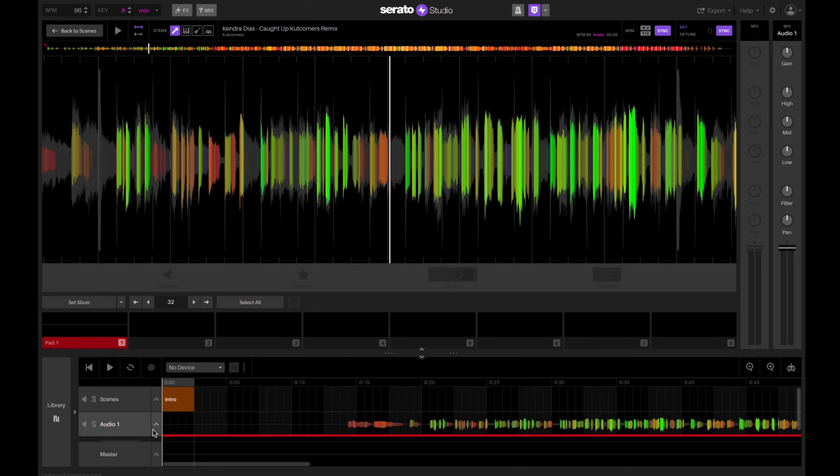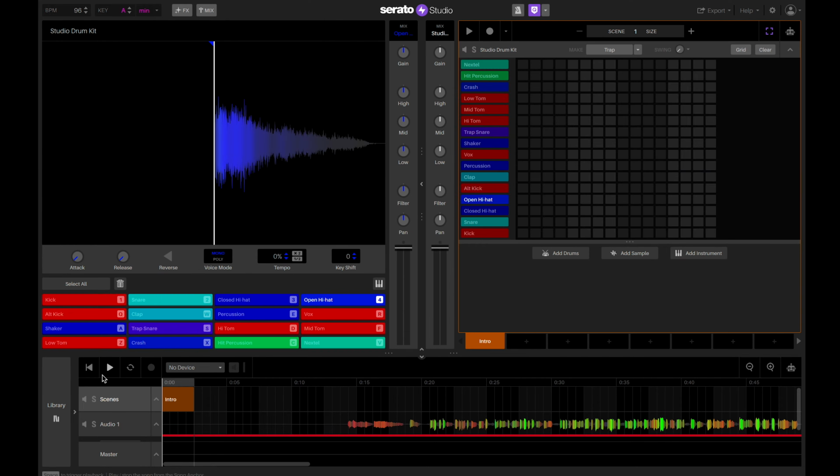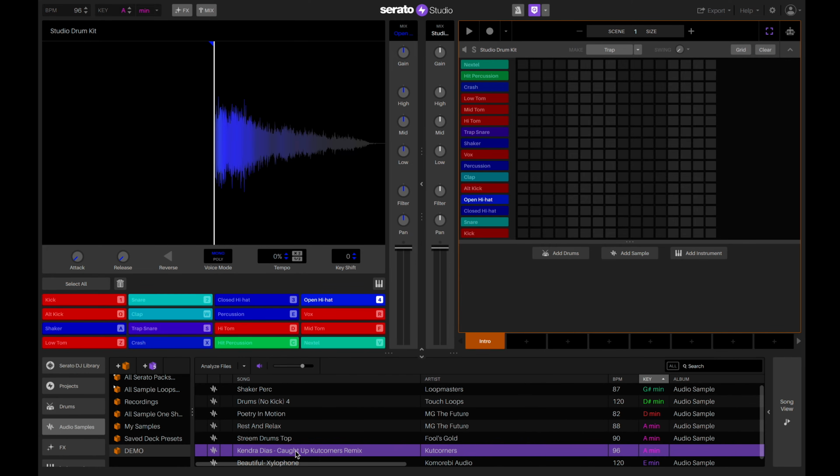So literally just that instant, being able to take those parts out and just have the acapella, which is great. And because this is gridded already, it's gonna stay in time for the acapella. So now it's time to go and take the same track and now just get the drums and resample those to make those work. I'm gonna leave the acapella here in the audio track, and I'm gonna go back to the scenes over here. And in the scene section, I'm gonna take that same track, I'm gonna load it up